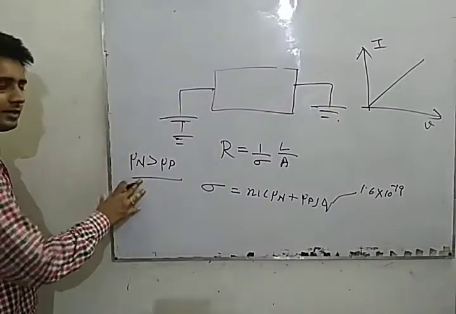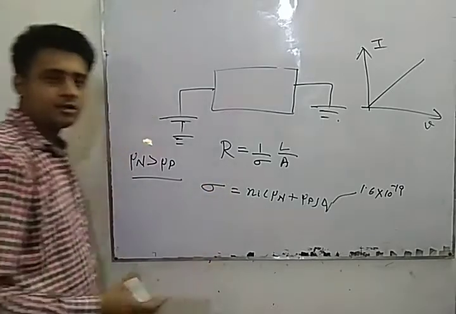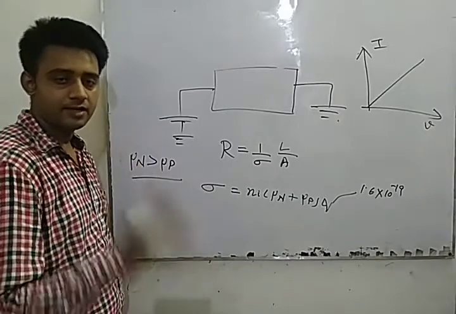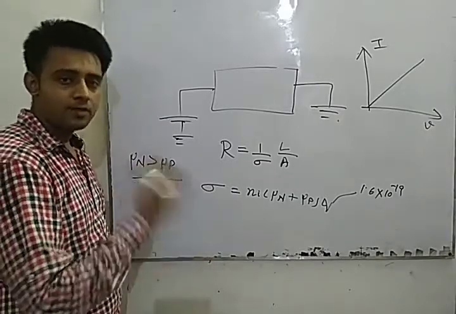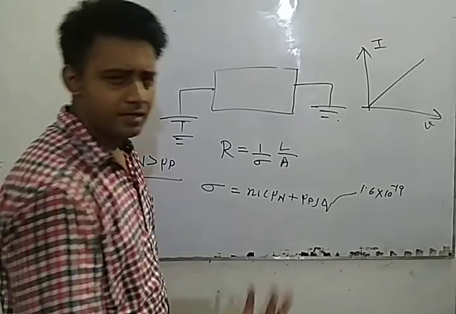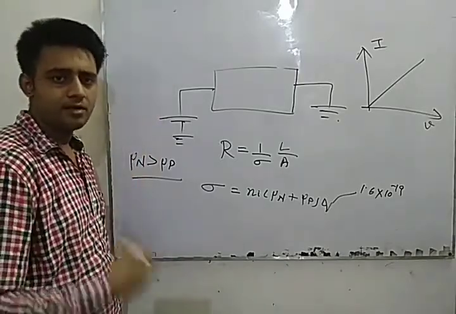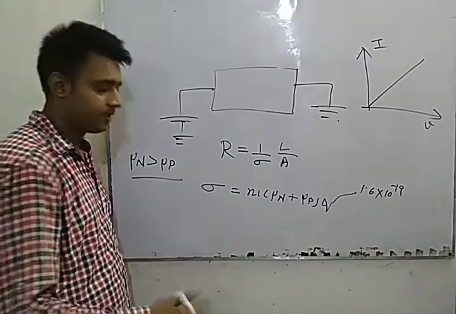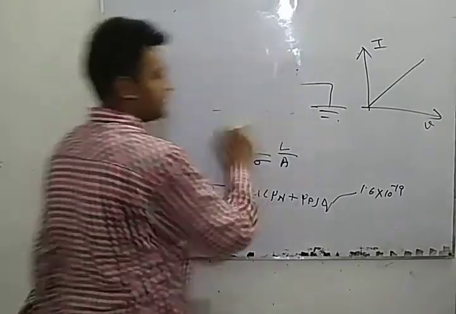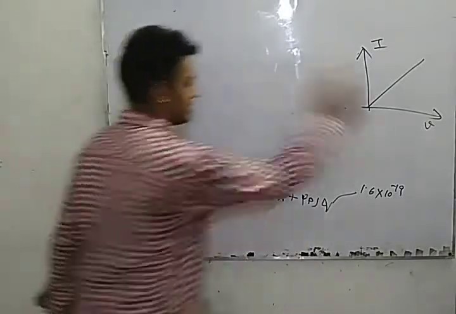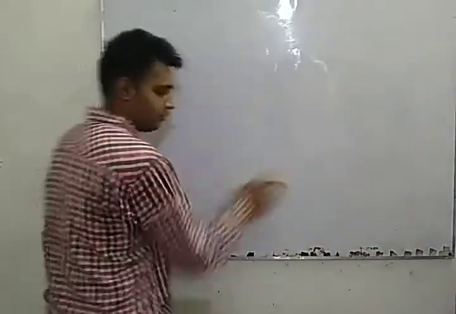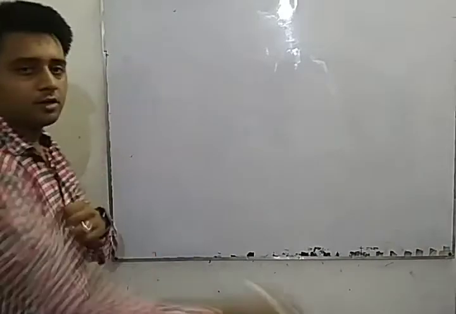Because if the mobility is more, your device is faster, and it takes less time to give the output. If it takes less time, then obviously that is preferred by most electronic device companies and instrumentation companies, which give the output in less time and in a much easier way. So now, the second thing is that we study the types of the semiconductor. Oh, before going to the types of semiconductor, one more basic thing that I want to teach you.